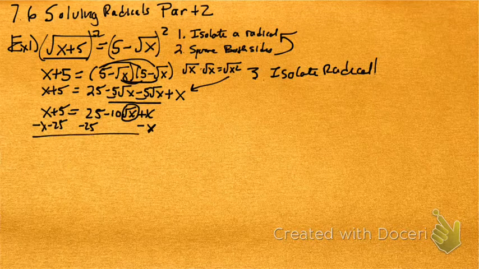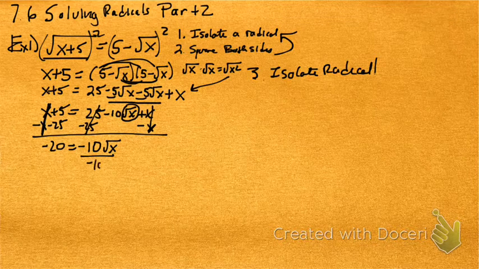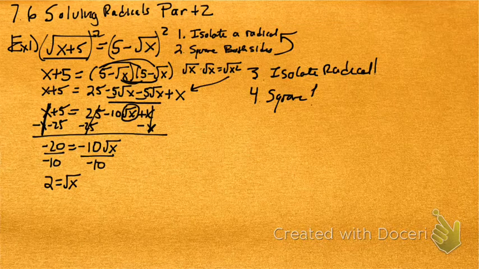Now doing that, the x minus x cancel. That's kind of nice. And I get 5 minus the 25 is a negative 20. And then these cancel, and I have that equal to the negative 10 times the square root of x. If we divide by negative 10, we'll have successfully isolated the radical. So I'll have 2 equals the square root of x. The last step is to, once again, square both sides. If we square both sides, we end up with x on the right, and when you square 2, you get